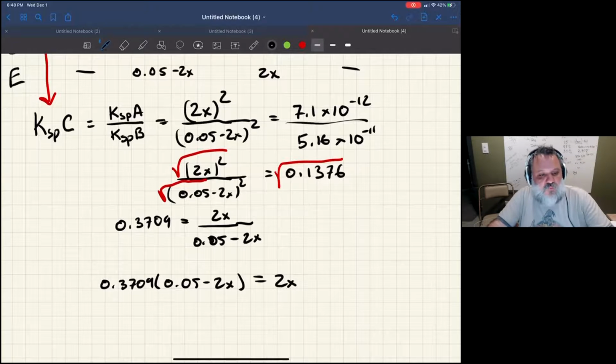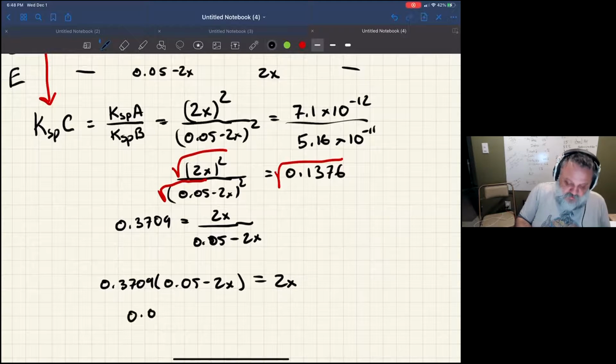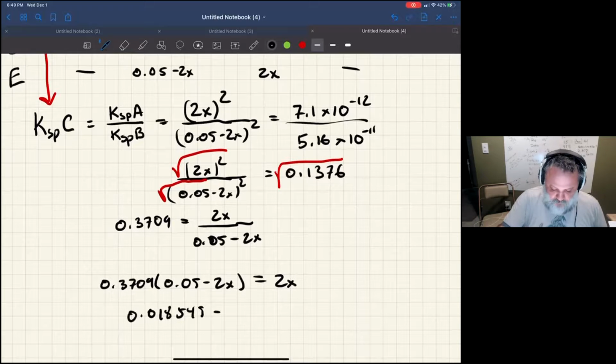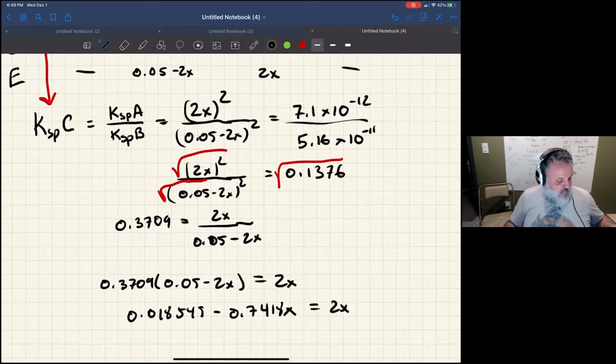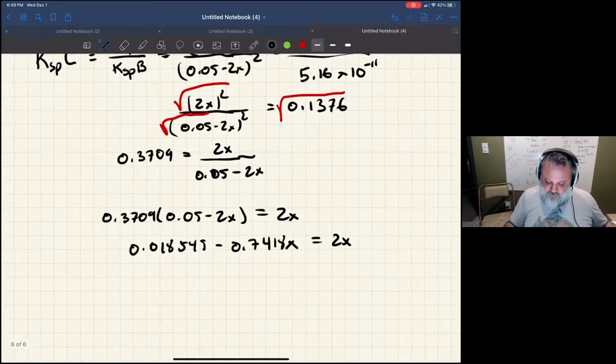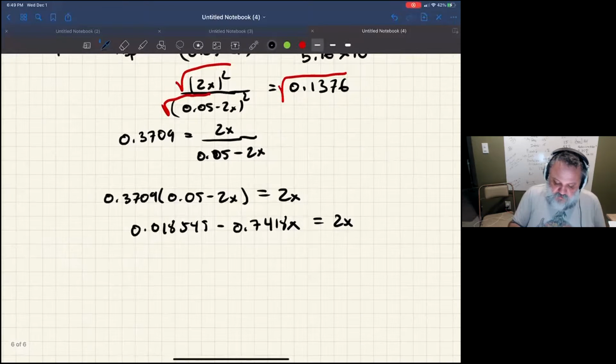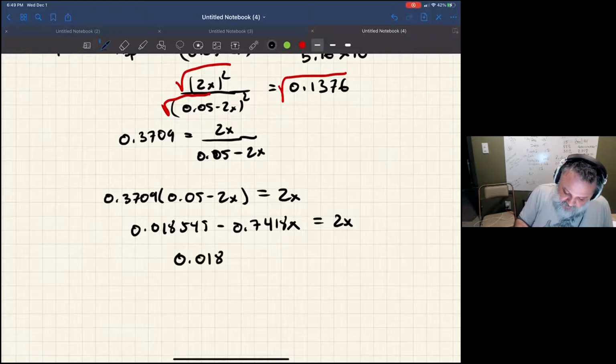And so now I have to run through the parentheses, so that's 0.3709 times 0.05. I get 0.018545, and then multiply it by 0.3709 times 2, I get 0.7418x, and that equals 2x. Now I can go ahead and combine both sides that have x. So I get 0.018545 equals